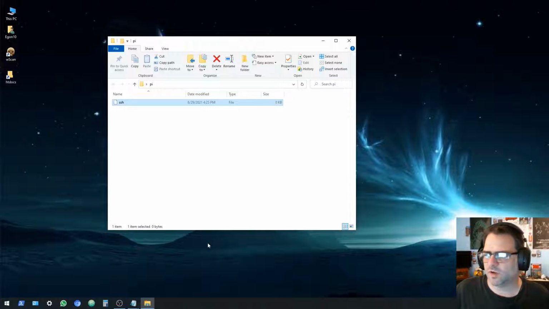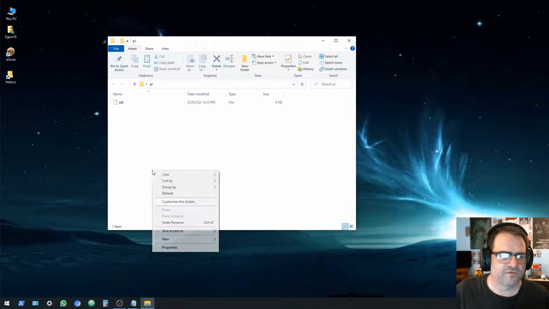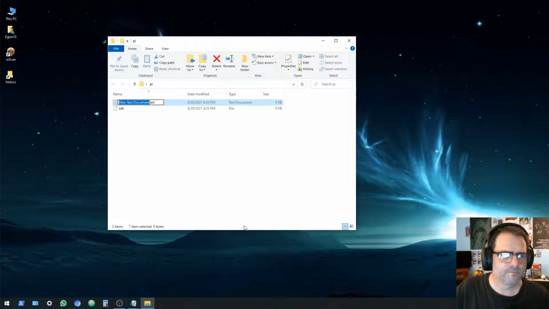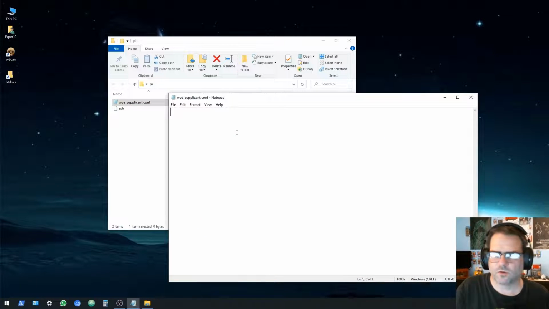Now optionally, if you want to have the Raspberry Pi log into your Wi-Fi, let's create another file, and we're going to call it wpa_supplicant.conf. Okay, and yes, we want to change it. And this is what we're going to put in this file. So we're going to go ahead and type in country equals US. Take it you're in the United States. If not, then your country. update_config equals 1. And then ctrl_interface equals